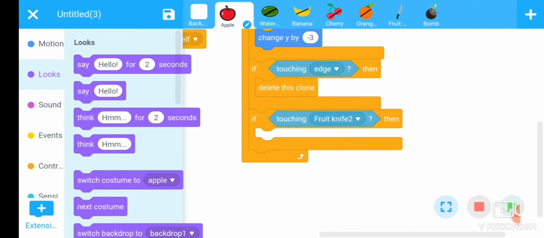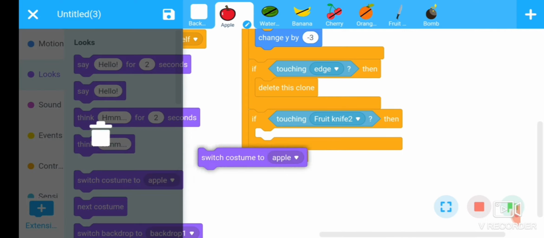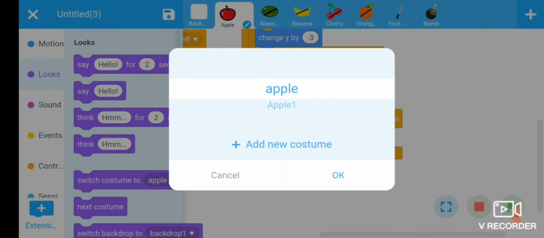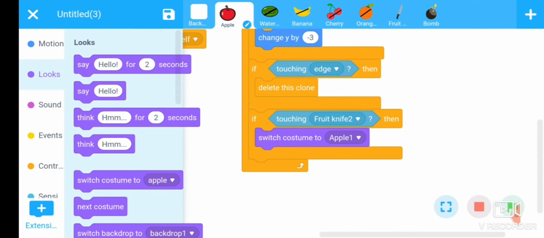Go to look section, switch costume with apple too. Okay, fine. That indicates apple is cut by knife.